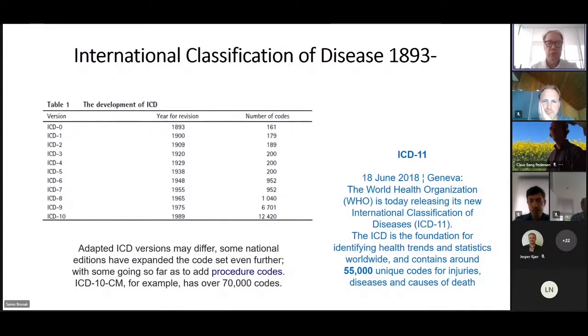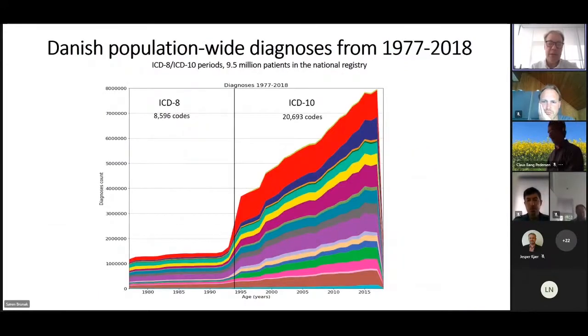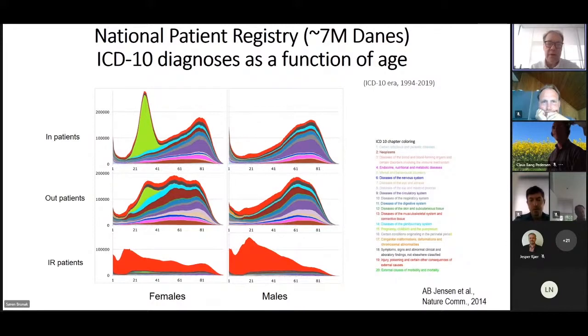This is also a system that is used for payment in healthcare. So it doesn't necessarily reflect disease etiology and mechanistic aspects. But of course, the data foundation, our registry data for this type of trajectory work, where we of course have to interface different versions of ICD if we want to go 40 years. It's not because the Danes suddenly got much more ill in 94, it's because the ICD-10 had more codes in the Danish version. So most of the work we have done in the ICD-10 era since 94,